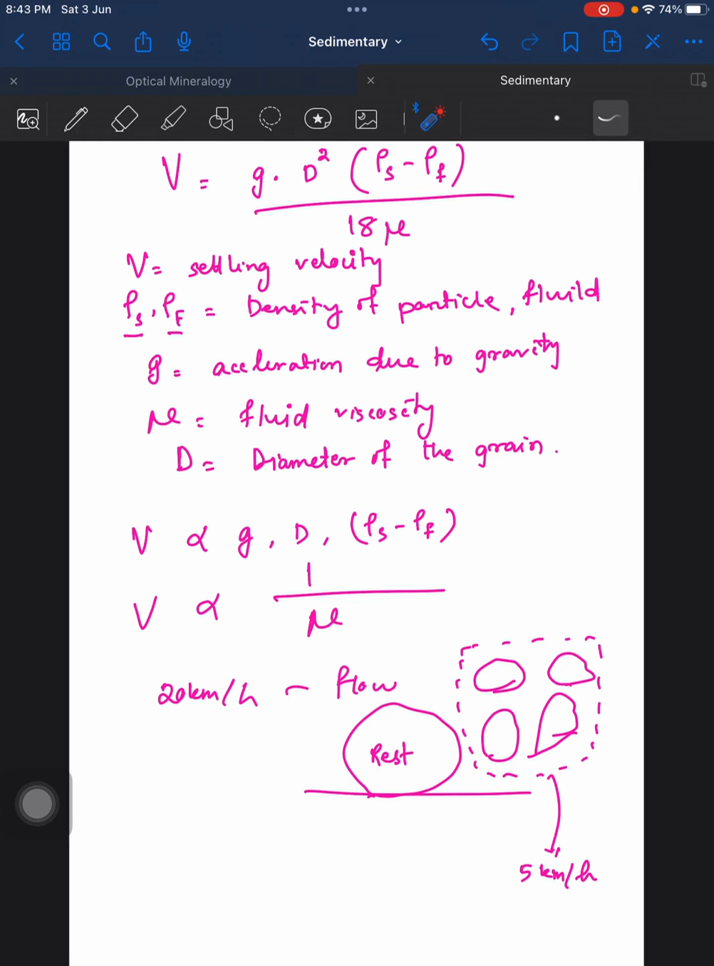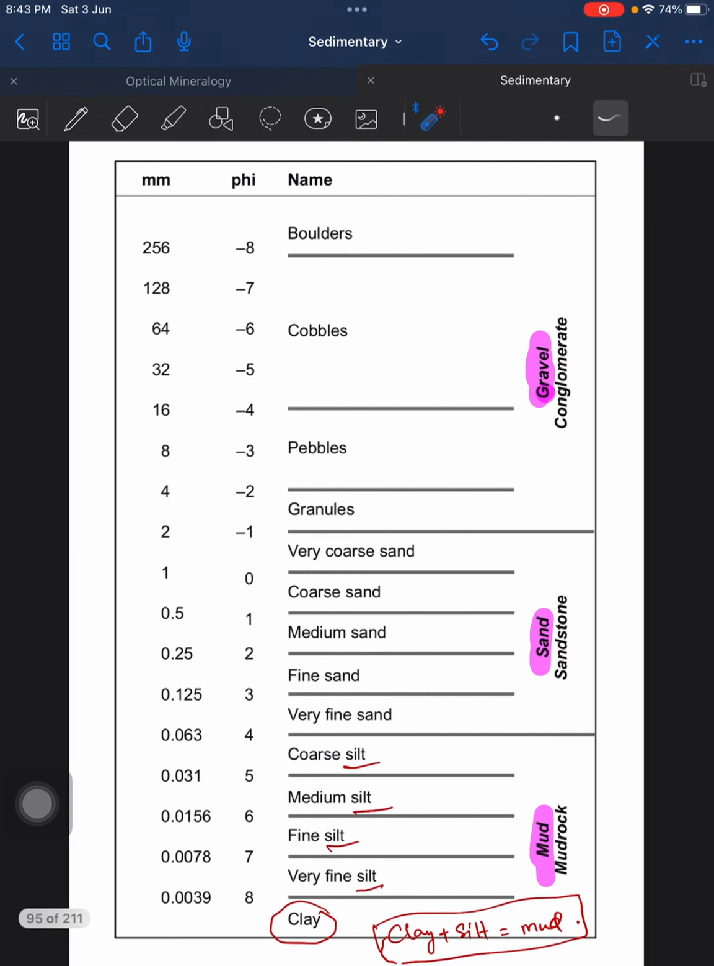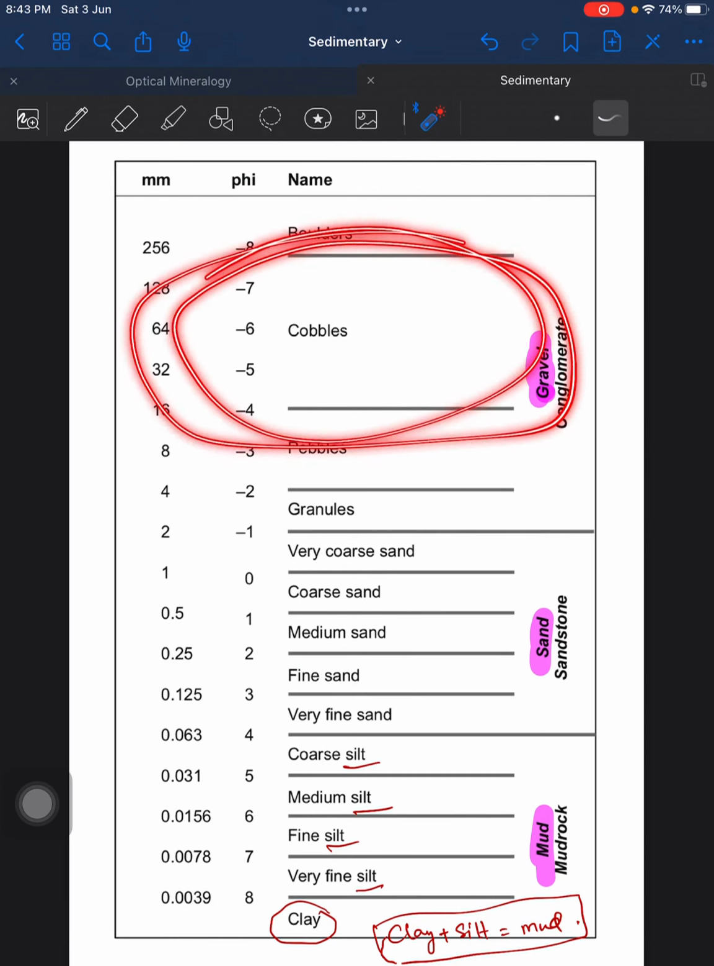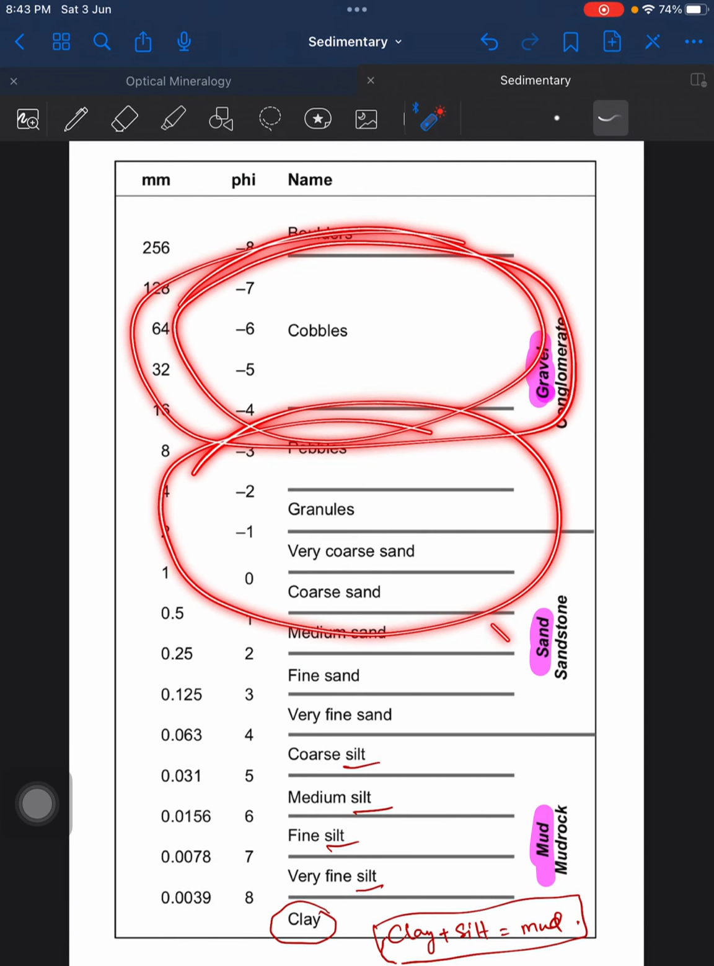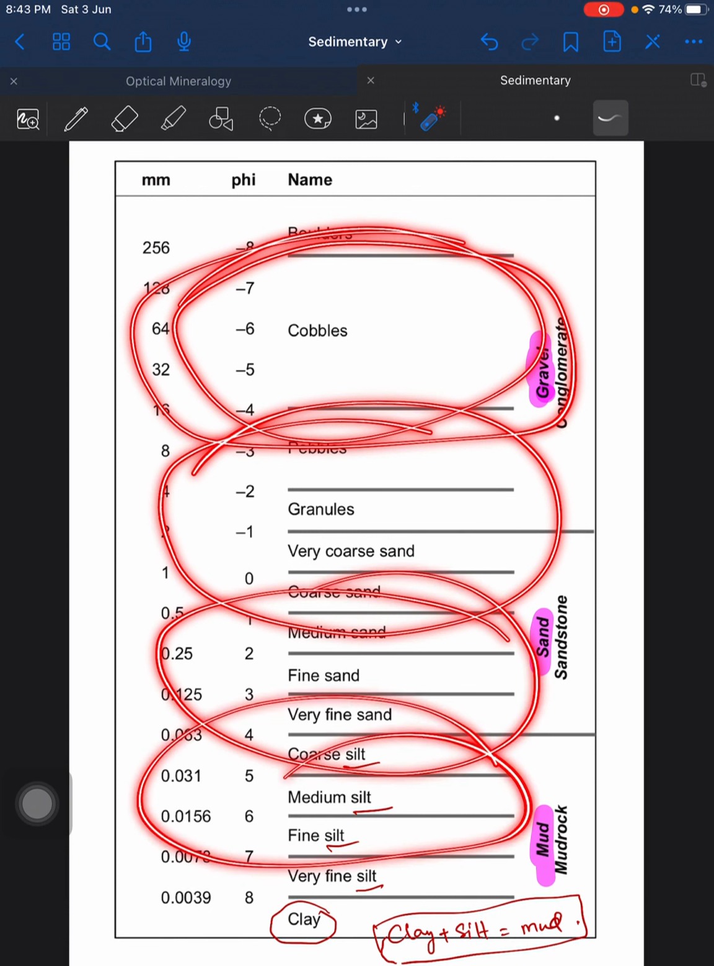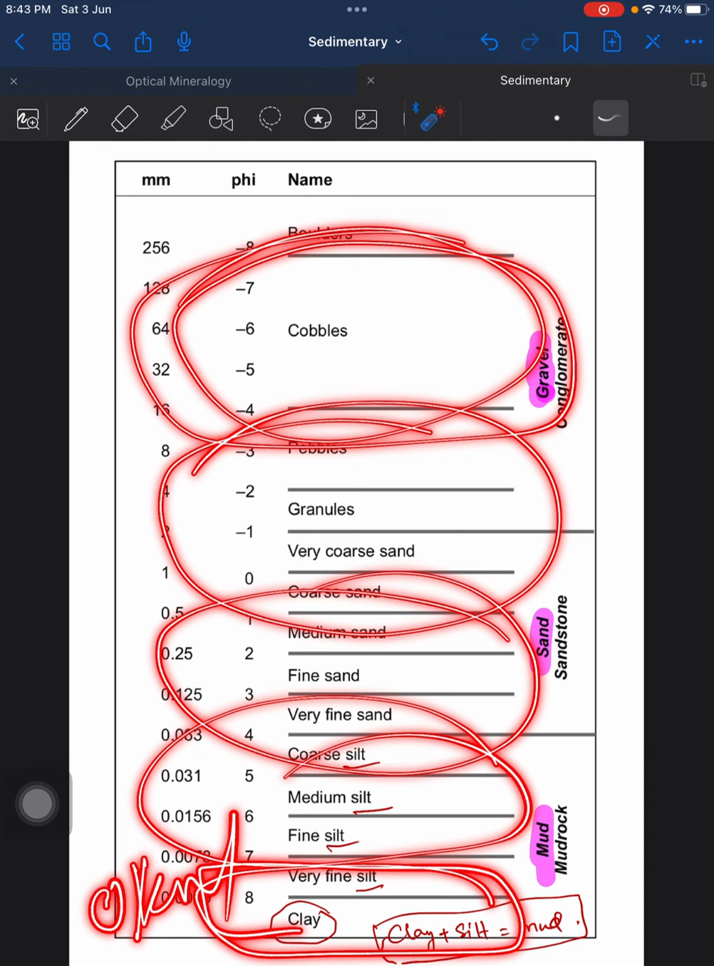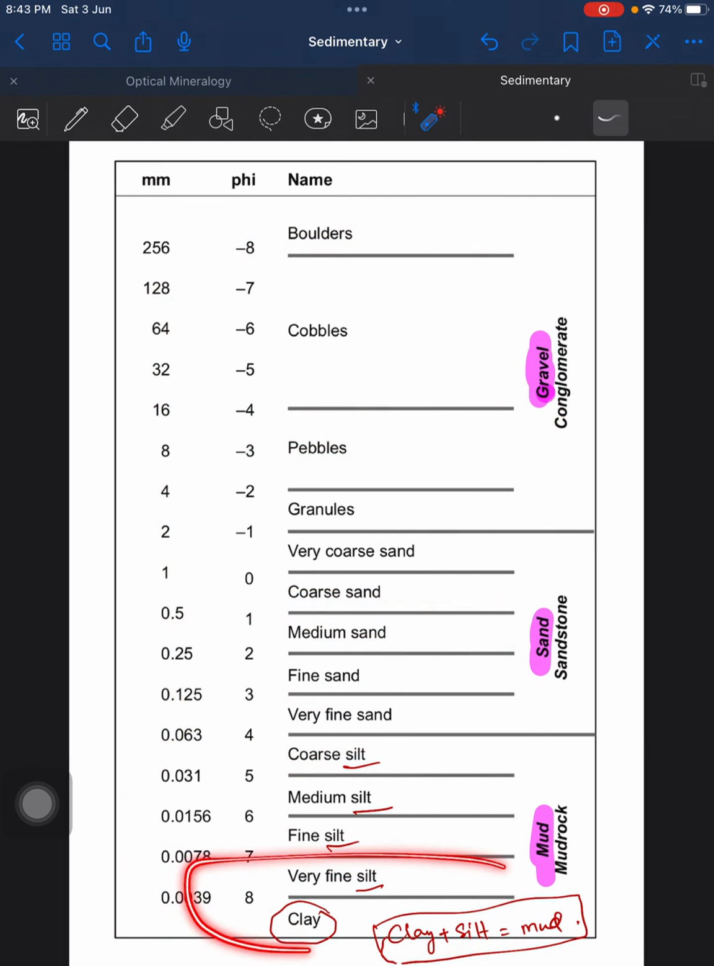Okay, the bigger the particle, it will be deposited at a higher velocity because it has weight, it has more gravity. Okay, so you see these particles will be deposited at higher velocity, this is much lower velocity, this is much lower, and these clay and silt particles will be deposited at velocity 0 kilometer per second. Only when the velocity is zero will the particle be deposited, otherwise they will be suspended in the